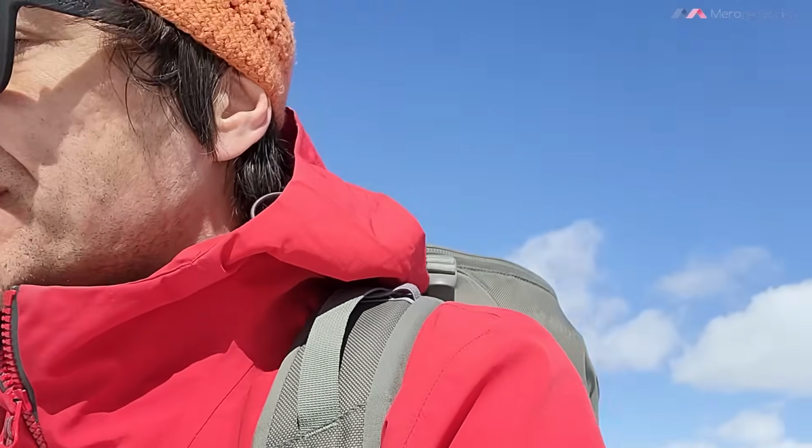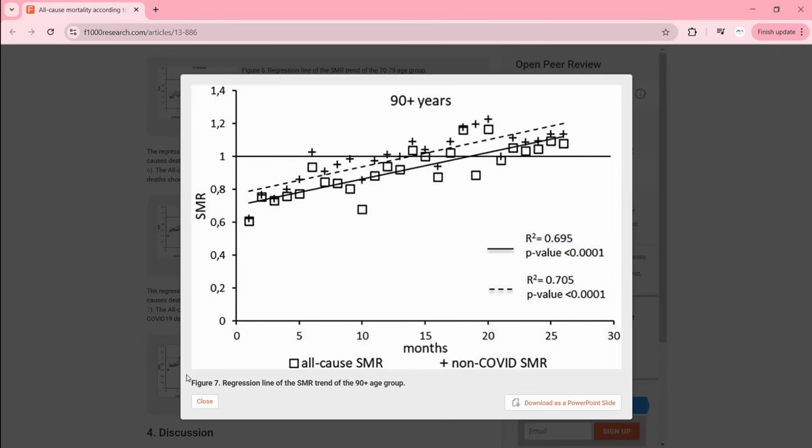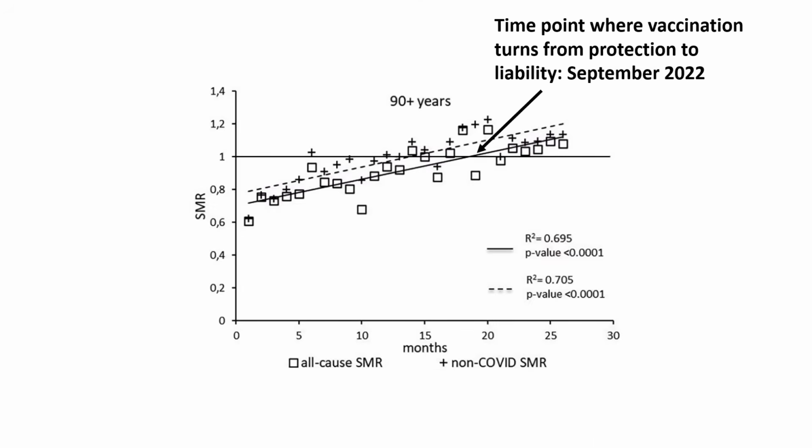Now, the next one, 90-year-olds, is the last graph, and here the crossover happened somewhere in 2022. So they had their shortest protection, only about 1.5 years of protection in comparison to non-vaccinated. But again, they had the highest risk of dying if they got infected. So this is probably the group that had the greatest benefit of extending the lifespan as long as they continue to receive their boosters. So the authors conclude that overall, those who had 1 shot and 2 shots, for